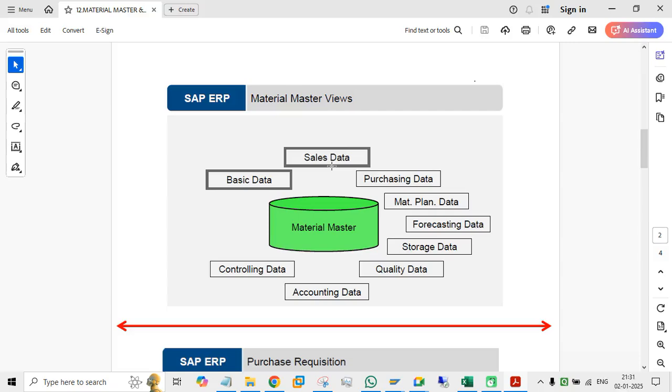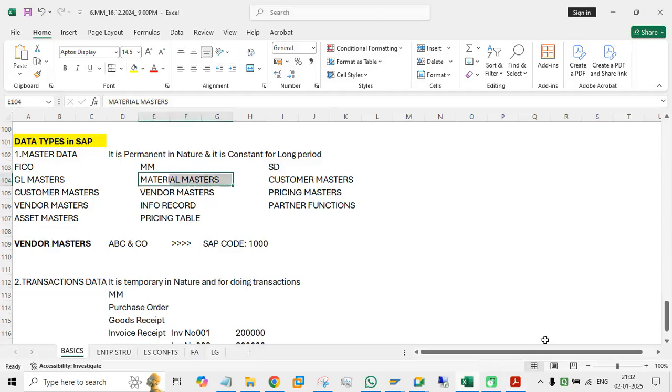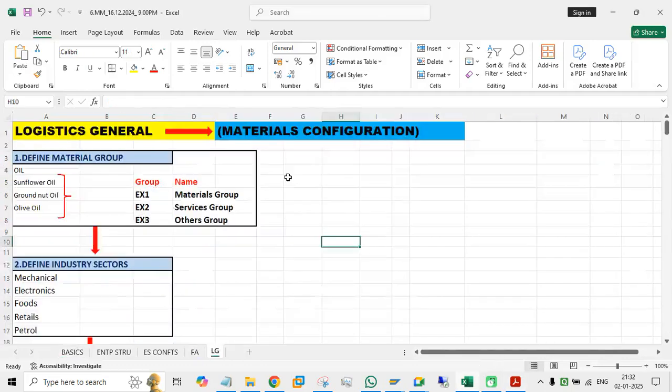Sales data means how they are going to ship the finished goods, what the mode of transport is, everything they will update. The purchase department will fix a name, what name we should give for that particular raw material and all. The accounting department will fix a price, what price of that material we are going to maintain. Okay, so normally in your SAP Material Master,